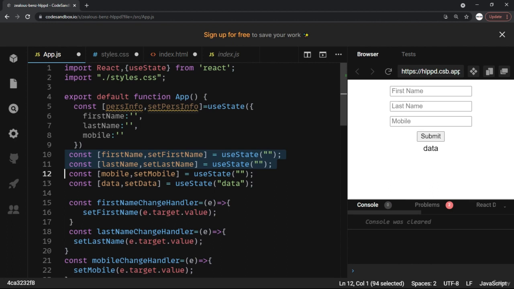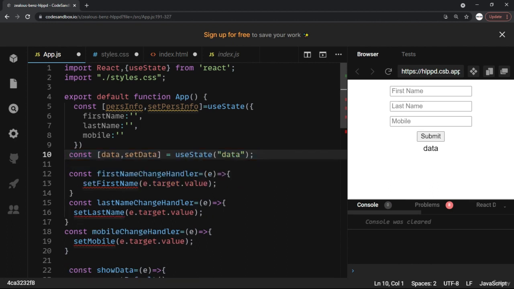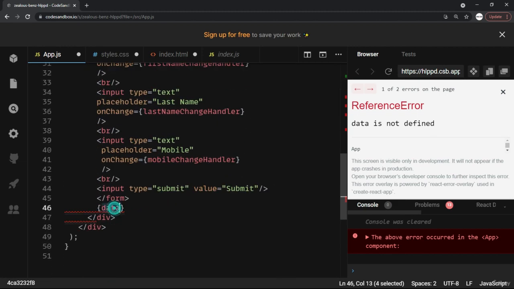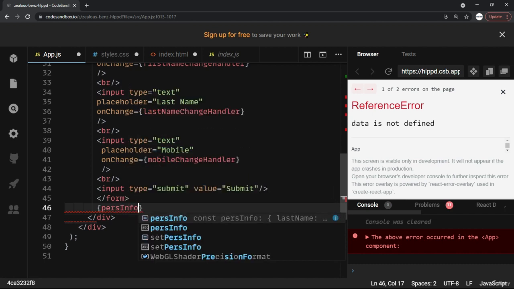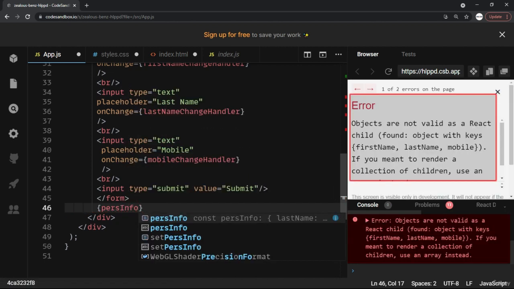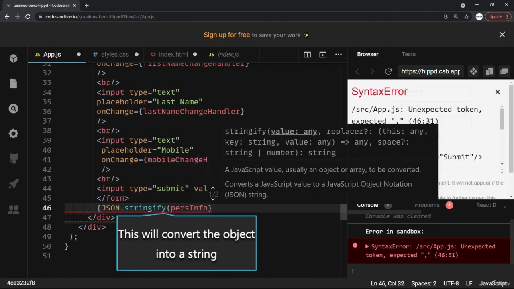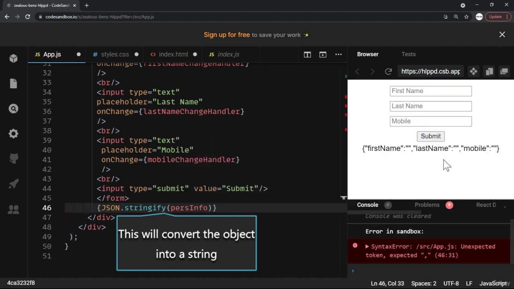This means now we do not need these states. Even this data is now not needed because all the states are inside one object. So what I can do, I can directly display this object. Here I can say personal info. That is the object name. But if I try to display this, it won't allow me because while rendering it says that objects are not valid as a React child. Now in this case, what you can do, you just have to put JSON.stringify. So this is going to convert the object into string,